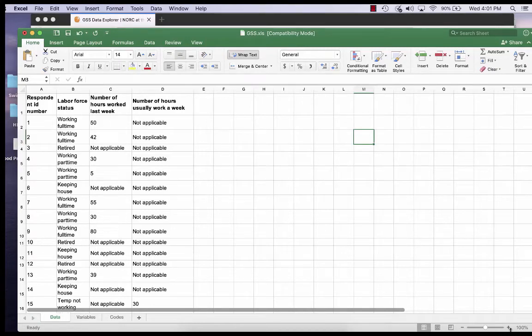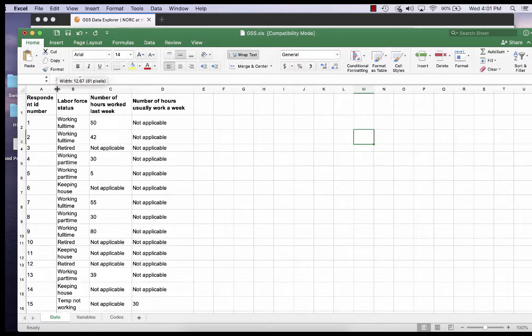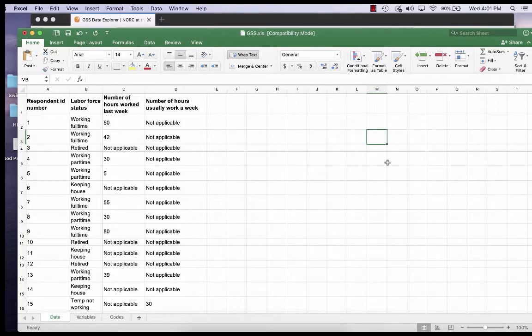Hello everyone. What I'd like to do now is demonstrate how to clean your data in Excel. So this is for the third week assignment. This is part 3.6. So what I did last week was download data from GSS Data Explorer, and I